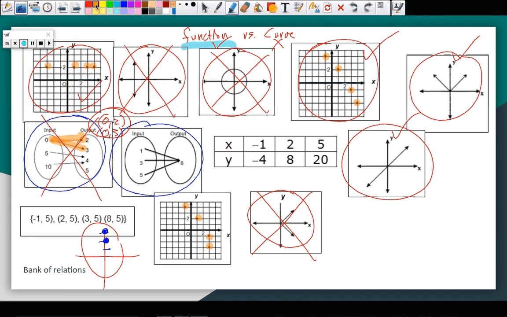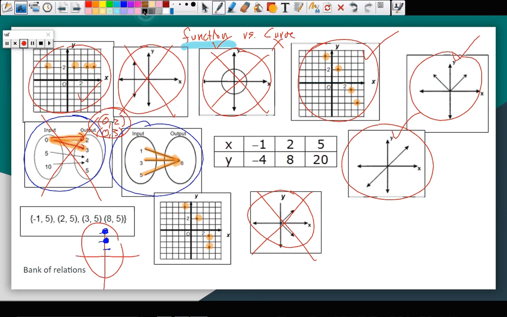The misconception right here is 1, 3, and 5. They all map to the same number. Is it a function? Yes, that's allowed. One x value mapping to 2 is not allowed, but multiple x's going to one y is allowed, because